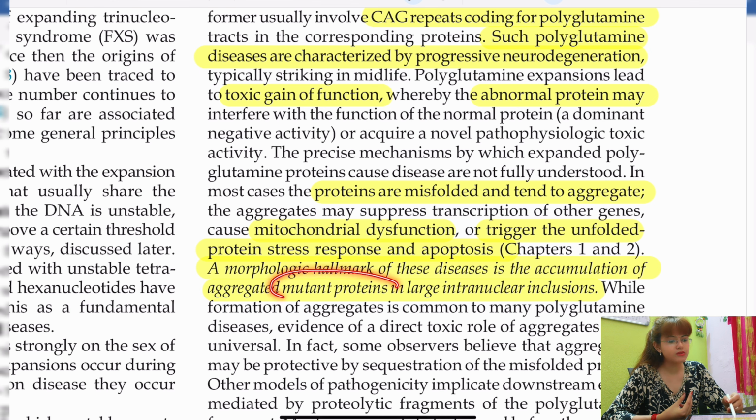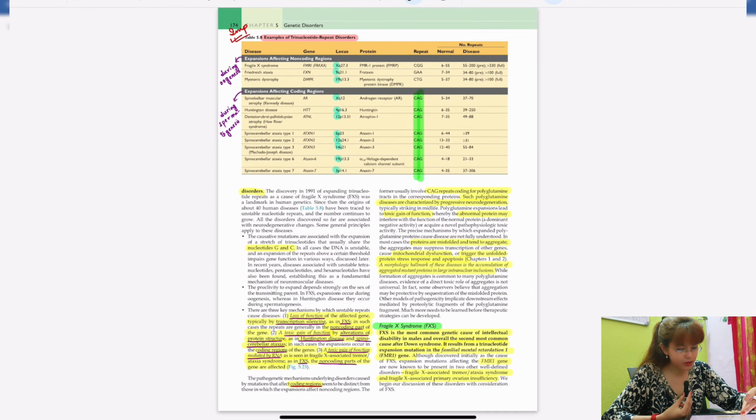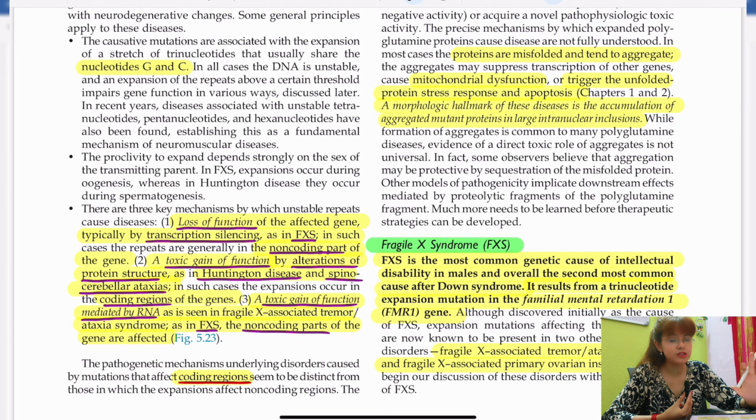There is accumulation of these proteins, and therefore there are large intranuclear inclusions. This is also an important point in the trinucleotide repeat disorders. So now we're going to read about each of these disorders in detail, starting with Fragile X syndrome, which